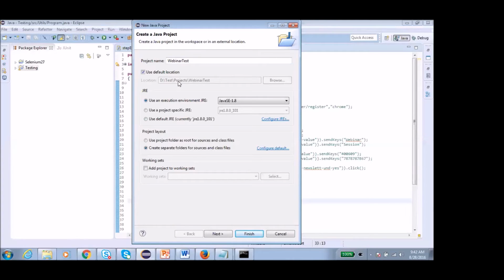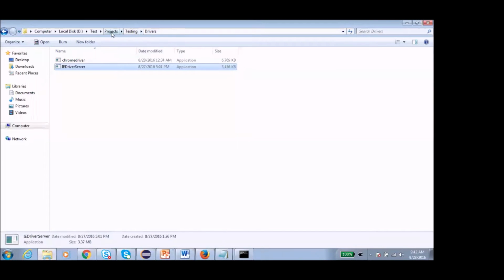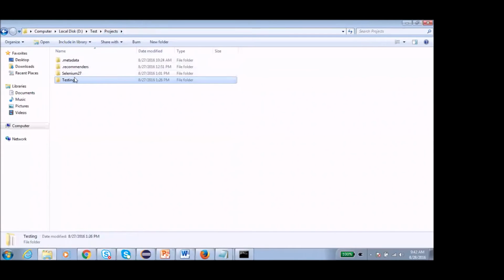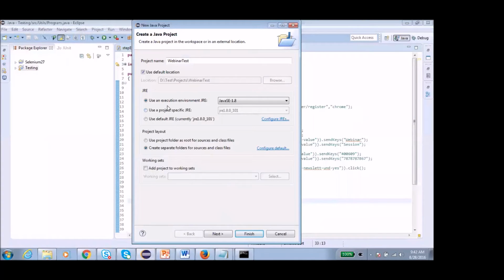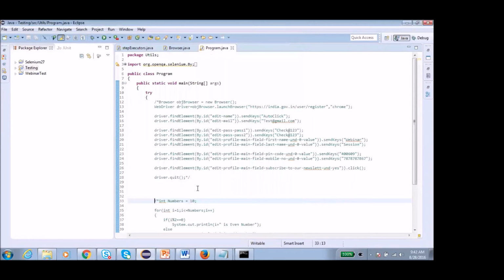Basically, this is the projects folder, and once we create the webinar test, it should get populated here. Now the default execution environment JRE is 1.8. Just click on Finish. It will create your webinar test here.